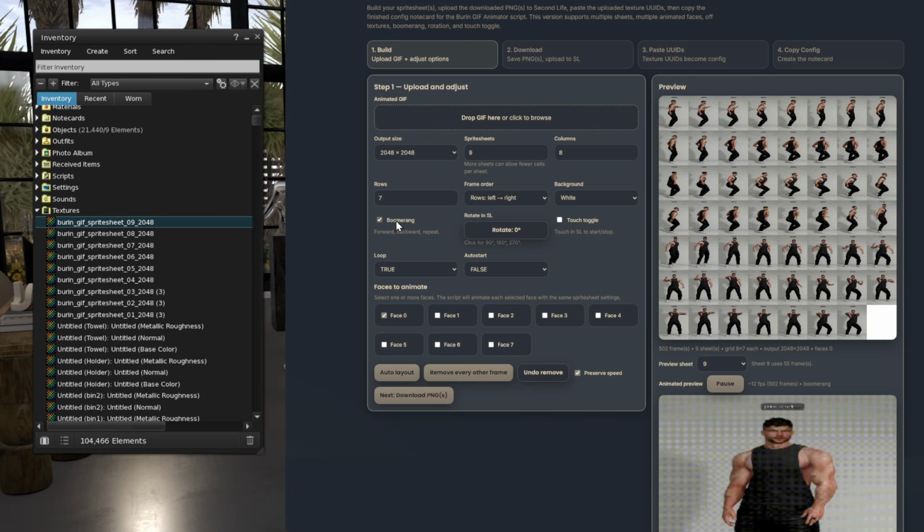Boomerang will play the GIF forward and then backward, and then forward and backward again. That can be useful for some non-seamless GIFs, like maybe water ripples or something. Let's see, auto start, loop. I always keep loop on true, and then here you can choose the faces you want it to show up